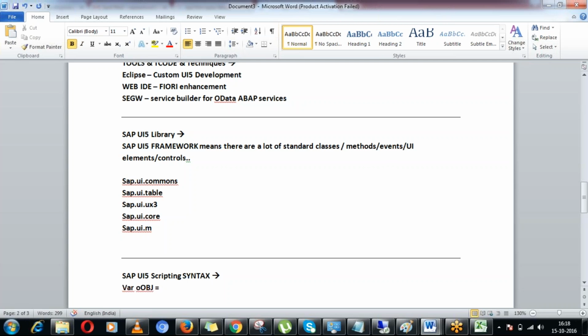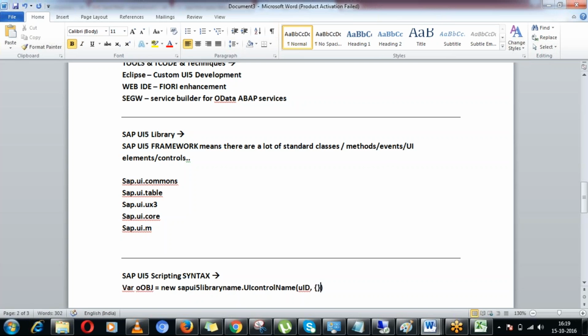Then new, then the SAP UI5 library name, dot, UI control name, then first brackets open and close, then some ID,